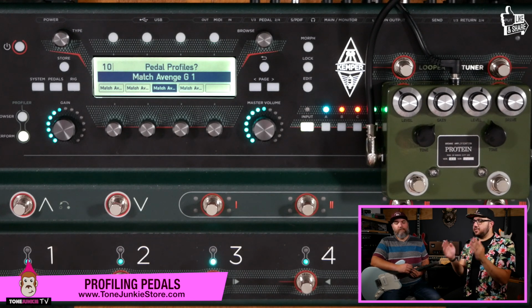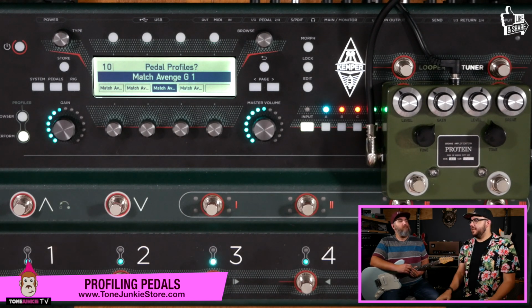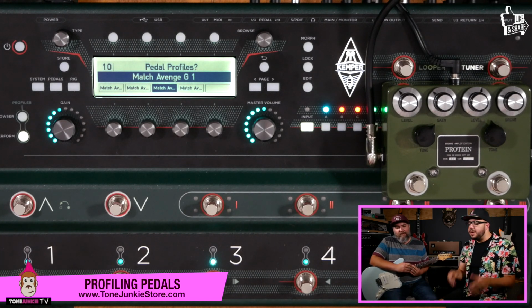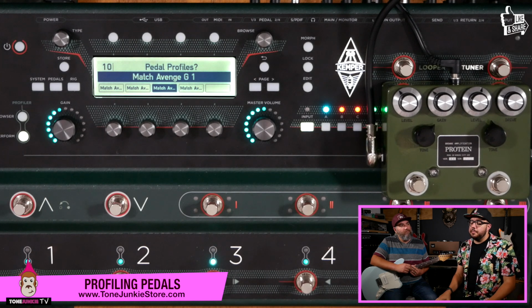It's a snapshot of one moment. It's a limited sort of thing. Totally, you know what I mean? You have some adjustment over EQ, but